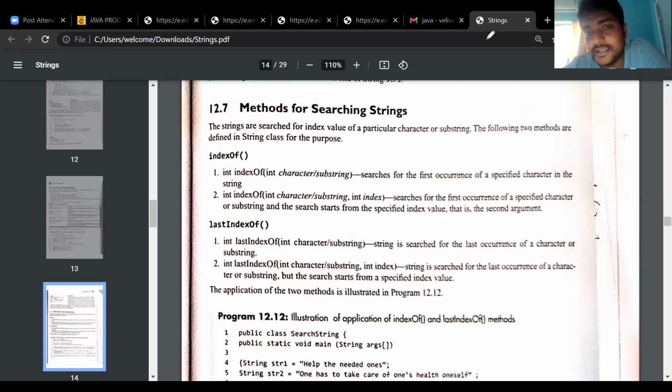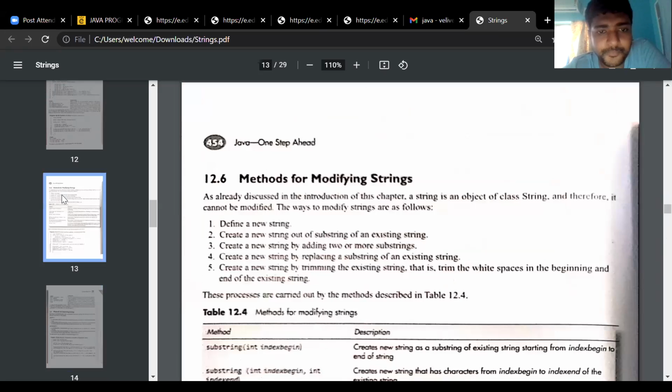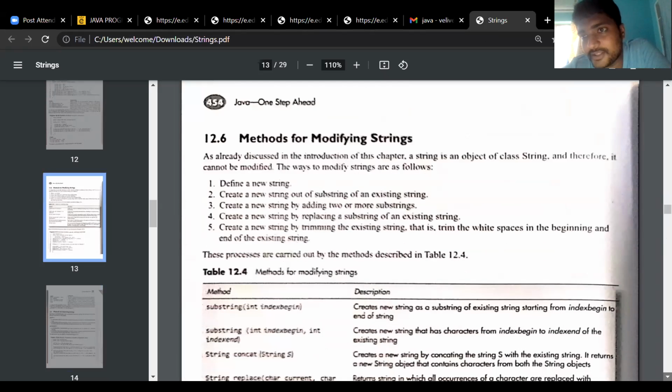The last topic is modifying the strings. Strings can be modified by using the substring method and the trim method.